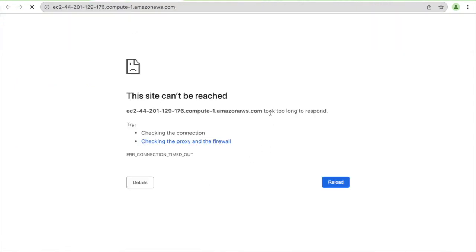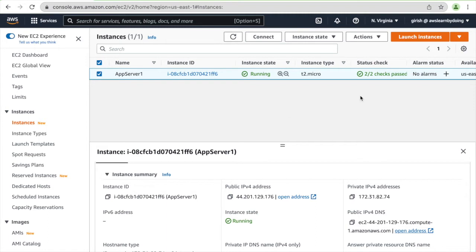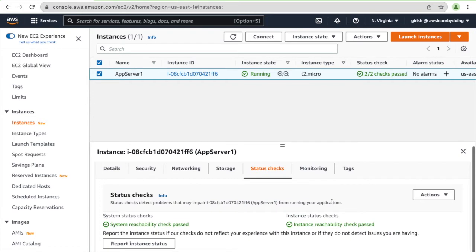First, let me show you this. It took too long to respond. Okay, so let it be. I'll just stop this now. We'll go to the instance. If I go into the instance, I can check the status, and you can see two statuses here. The first is the system reachability check, which is passed, and then the instance reachability. This can be related to the customer environment or customer instance, and this could be the AWS infrastructure itself. So both are green, so we are good with the first check.